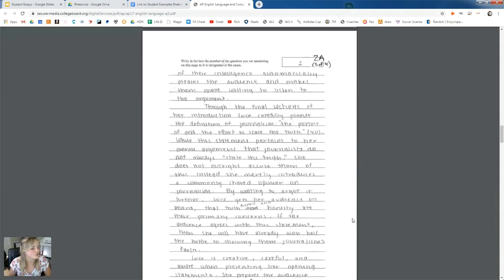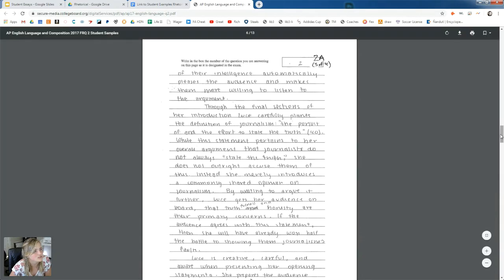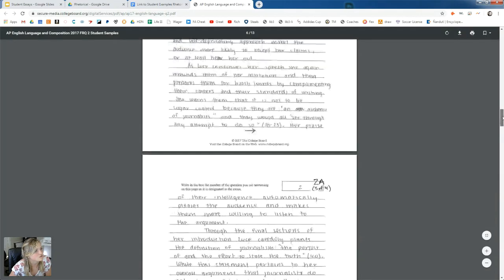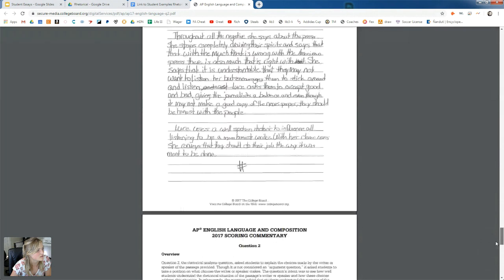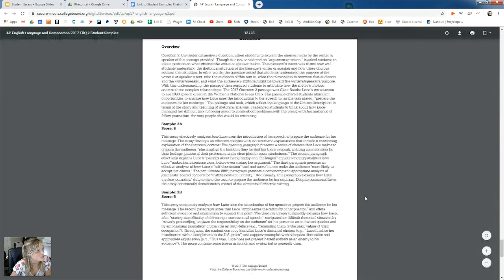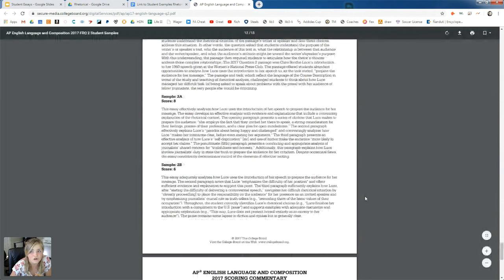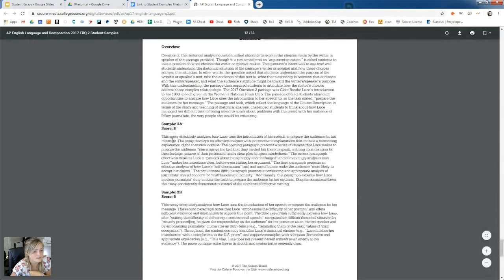Remember again that she did all three rhetorical strategies, or I'm assuming she did name three rhetorical strategies, but also did a lot of summarizing. But we'll just see. Okay, so this was 2A. We'll go see what they got down here. Okay, 2A, they got an 8. So yeah, they did pretty good even with the summarizing in there.